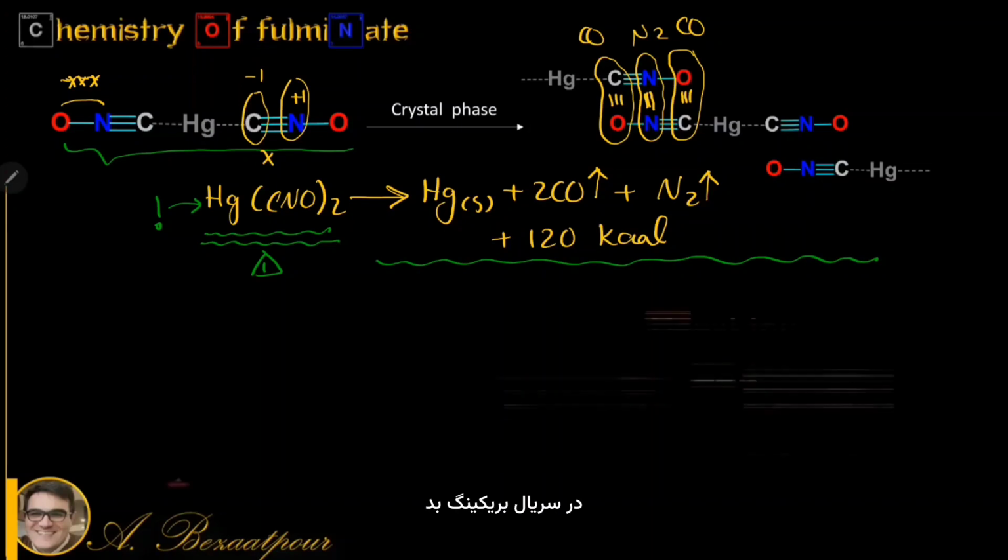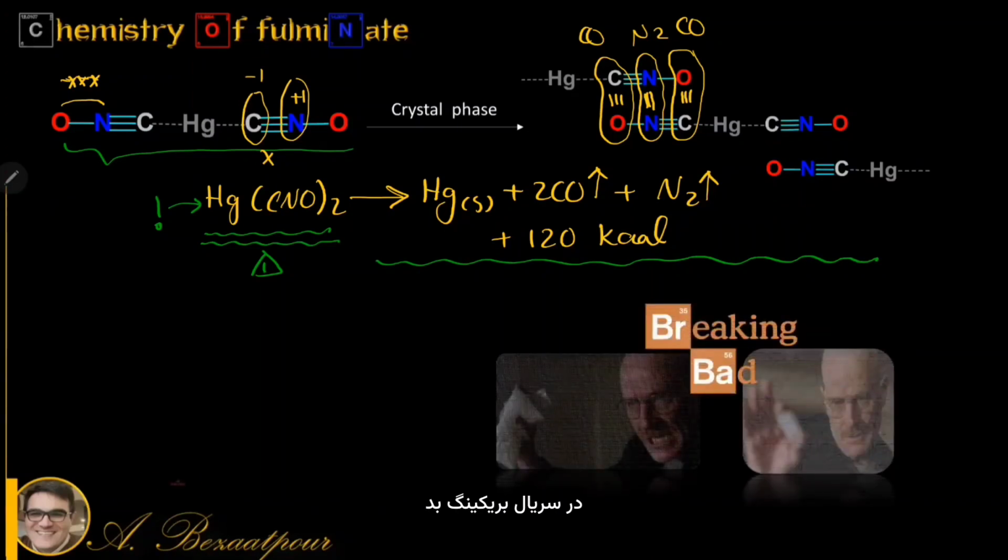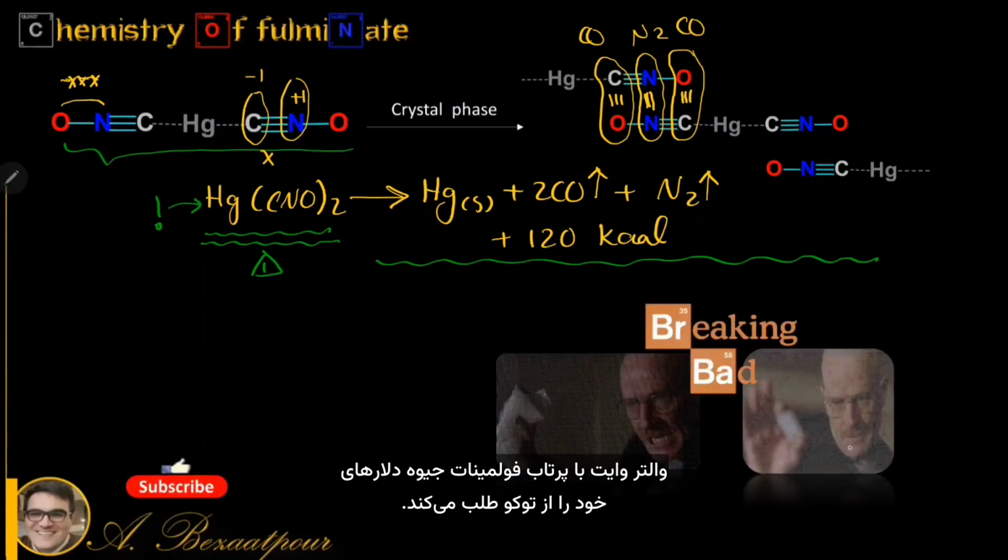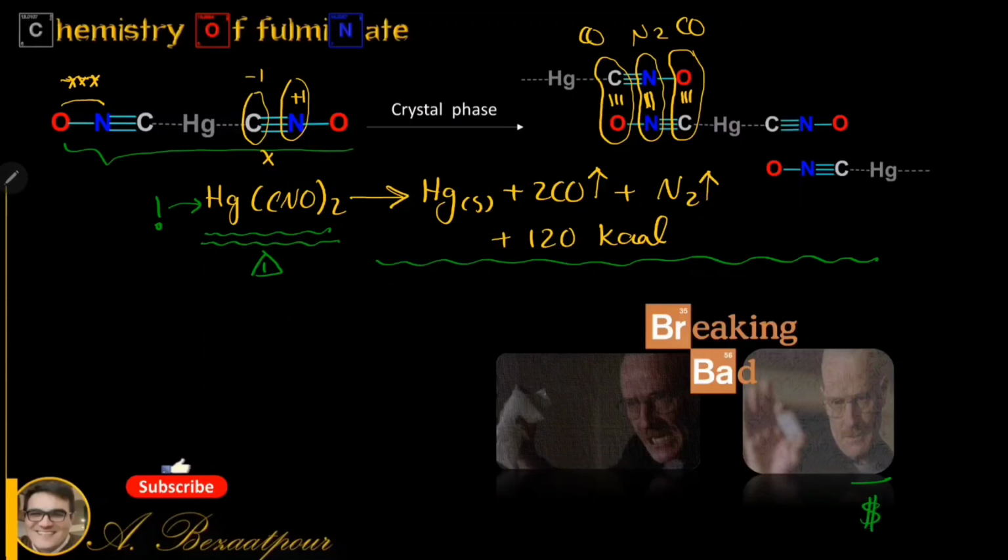In the Breaking Bad series, Walter White demands his dollars from Tuco by throwing mercury fulminate. Of course, the series was somehow attractive to chemists and maybe everyone. However, it was a bit exaggerated and had a lot of seasoning. For example,